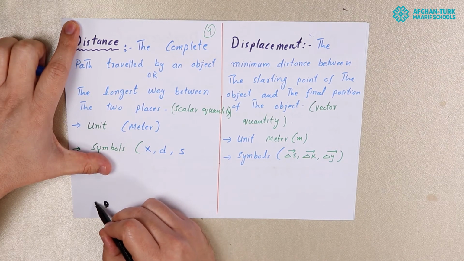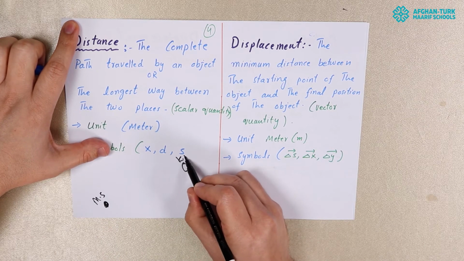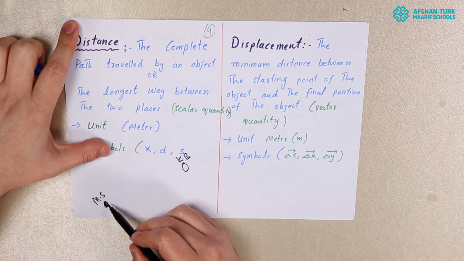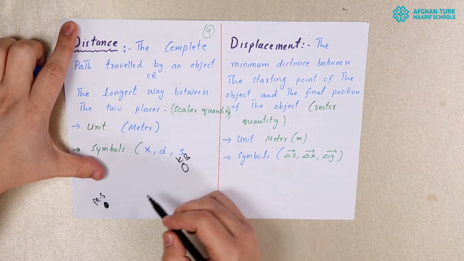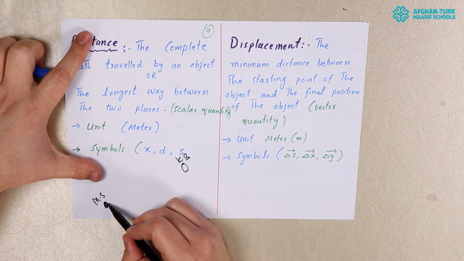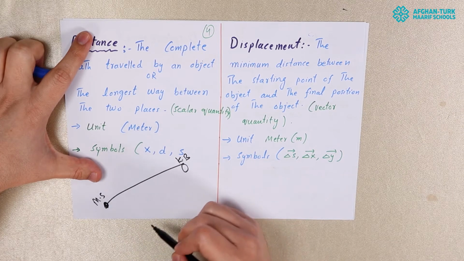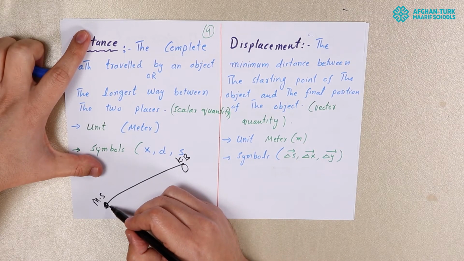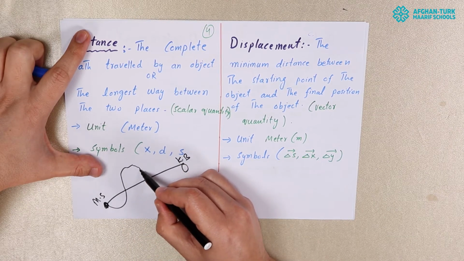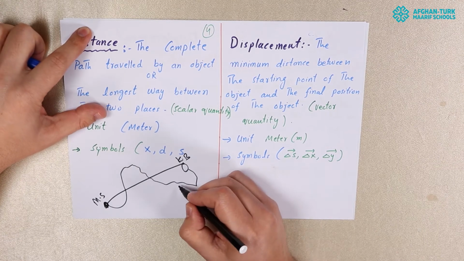Let's suppose this is Mazar Sharif and this is Kabul. So there are normally two ways. The first way is straightforward, like if we go with the help of an aeroplane. So this is a straight path from Mazar Sharif to Kabul. The other way is by road. So let's suppose, for example, a path like this. So the road path,